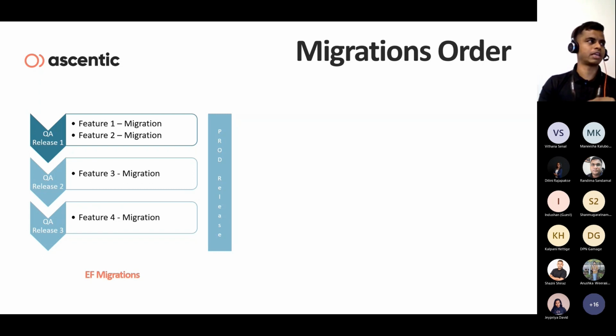Each feature will have its own database change. So when you are creating migrations using Entity Framework, it always generates a migration against a change, whatever change it detects in a specific feature,